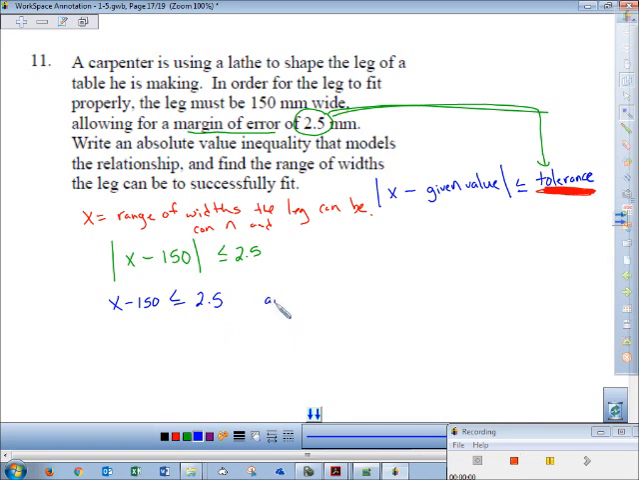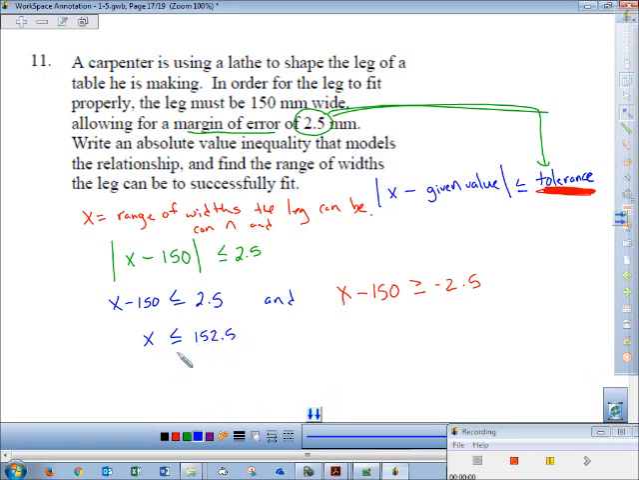Throw the old word in the middle, and then we take what's in the bars, and then we switch the symbol, switch the sign, and then we solve both of them. So let's go solve the blue one. What do we do to solve this? Well, we add 150 to both sides, and that would give us